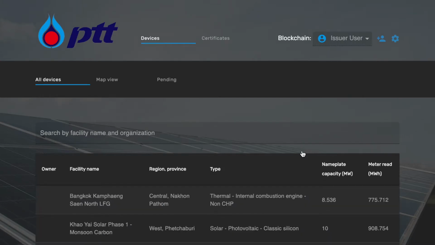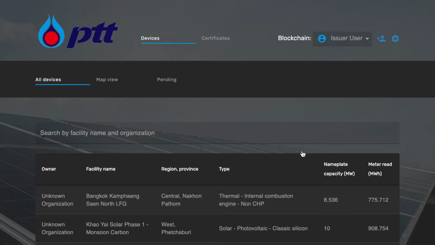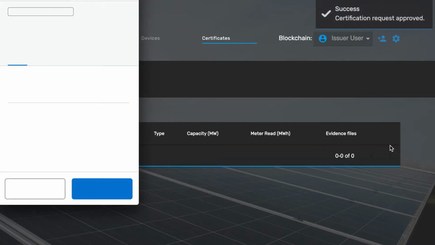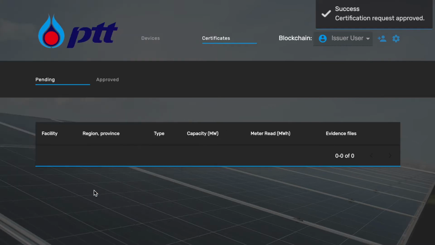As you can see, the issuer's perspective has much of the same information as the device manager, except I have the unique ability to approve individual certificates, kicking off a blockchain transaction to create a non-fungible ERC-721 token representing the certificate. Since our blockchain adds a new block every 5 seconds, it usually takes around 2.5 seconds for a transaction